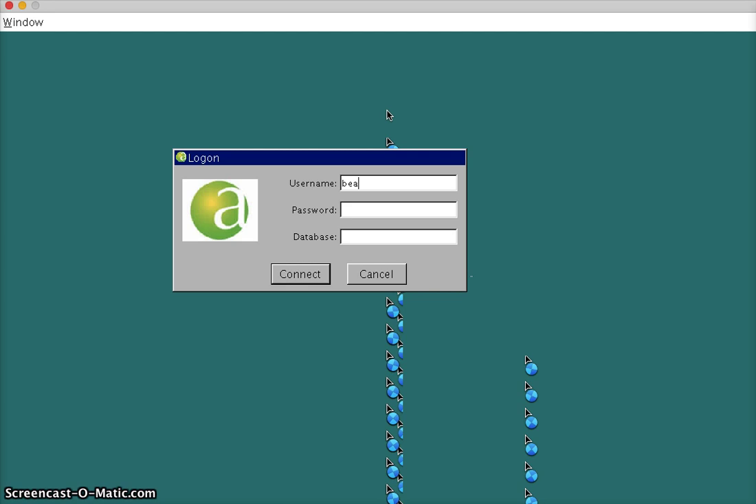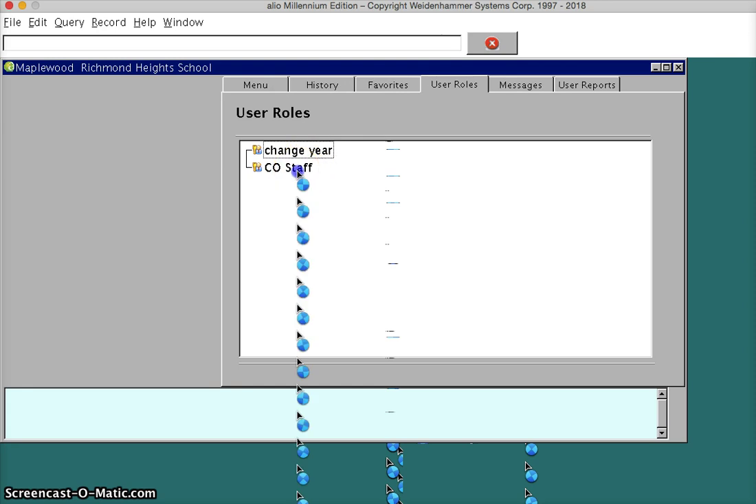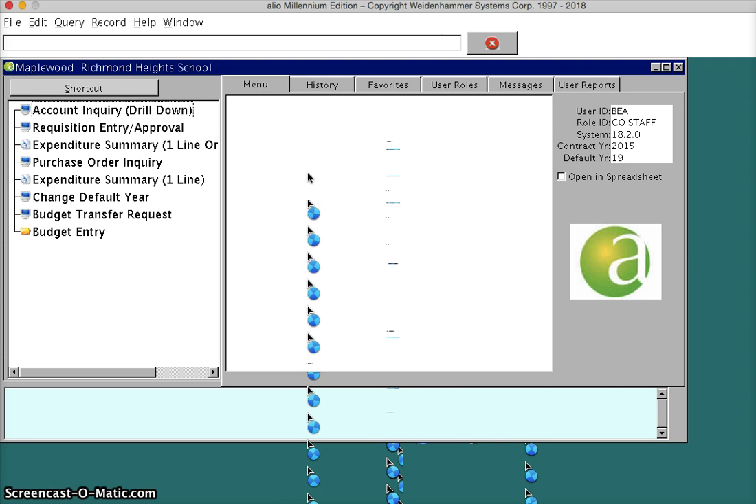All right, so I'll log in again. This time I'm going to select the role that I usually use. For this demonstration, I'll use CO staff. You may be using the principal role or the secretary role, just depends on what you've been assigned in the system. So double click that role and your menu items will show up here like they usually do in the